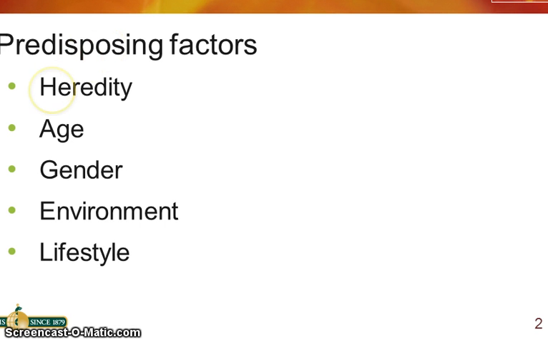Here are some predisposing factors for disease. Heredity, which we really can't do a whole lot about. We'll have more to say about that in the future. Age. I know for one I'm getting old and I can't prevent that, but it's better than not getting old. Gender, also we don't have much choice in that, although people do change genders, but their predisposing factors would not